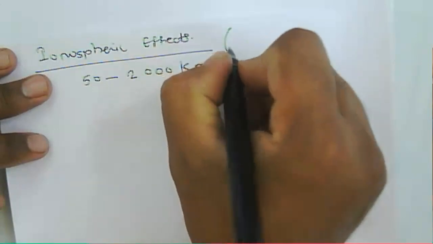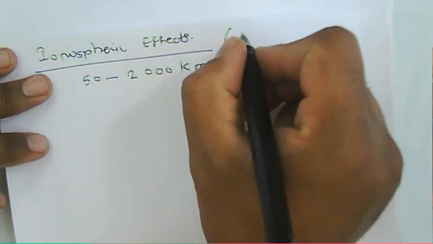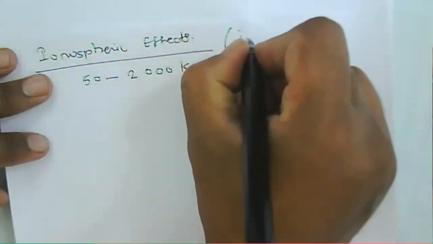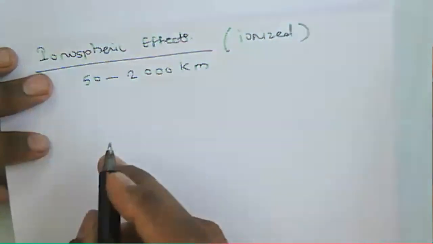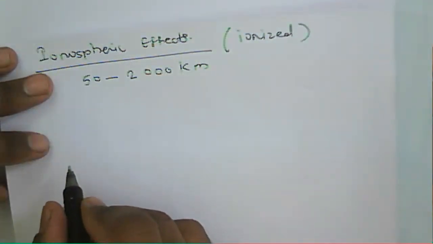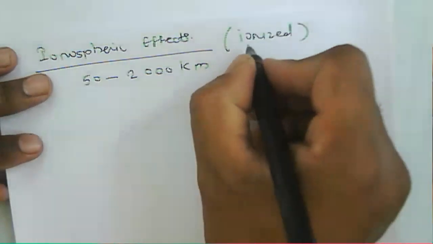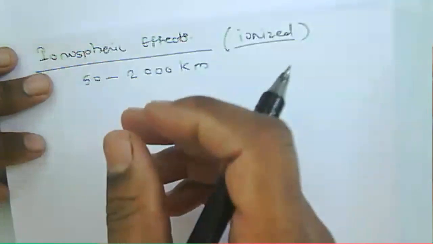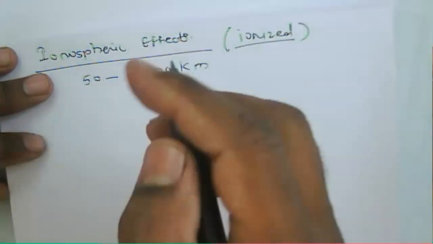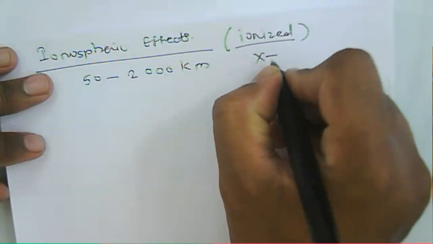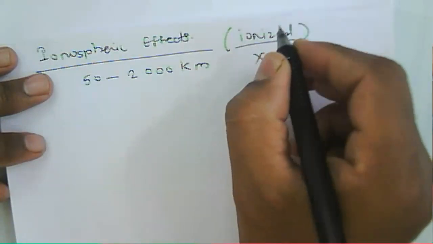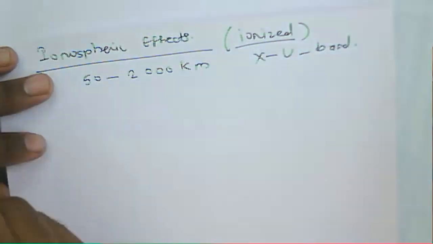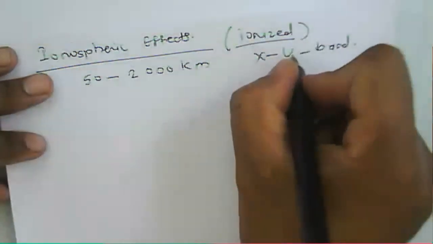And that ionospheric region consists of ionized gas or ionized molecules. Okay, that ionized gas or ionized molecule is based on the solar radiation. That solar radiation will be in the X-ray band or the ultraviolet frequency band, UV band. Okay,